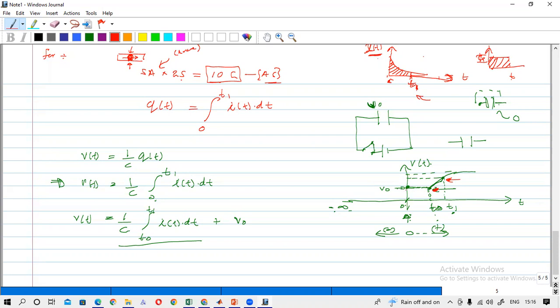existing voltage, the existing voltage plus the increased voltage is the total voltage VT. So this is the existing voltage and this is the increased voltage. So you have to add the existing voltage to the increased voltage, then you can find the total voltage across the capacitor. Okay, so we are interested in this